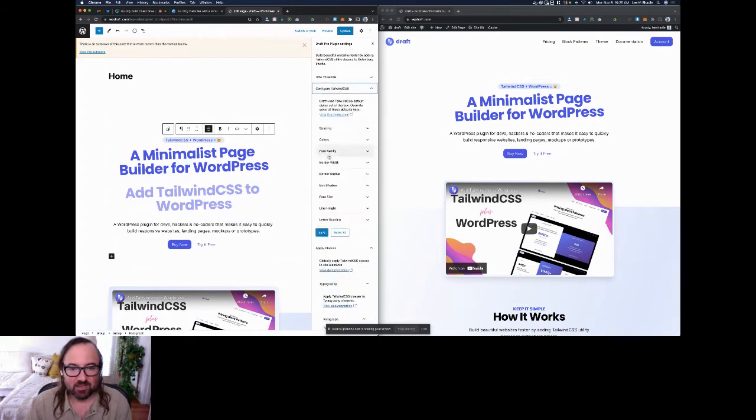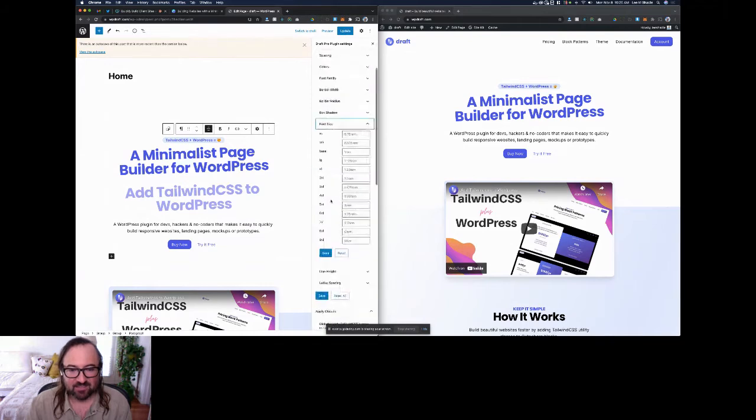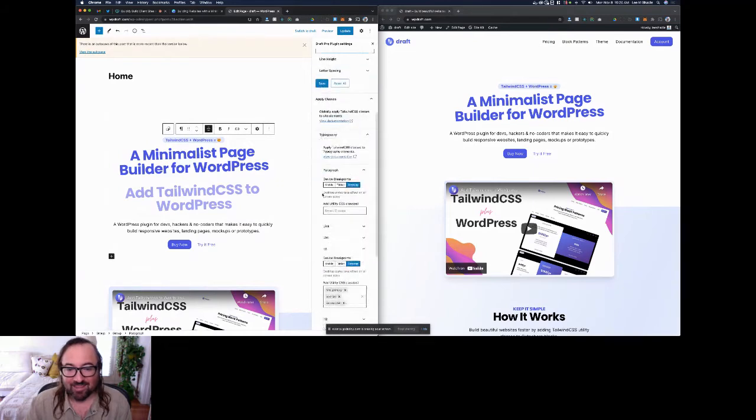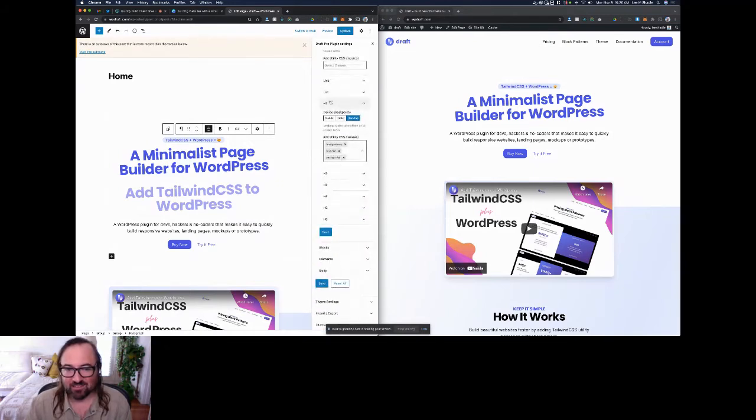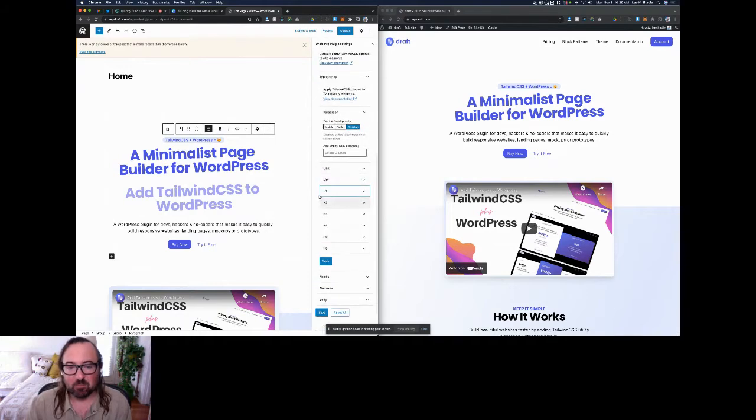So if I come back up here, our primary font is Poppins. And then our font sizes, we have 5XL on desktop, 4XL on mobile. And this just automatically applies to all H1 tags, all H1 blocks